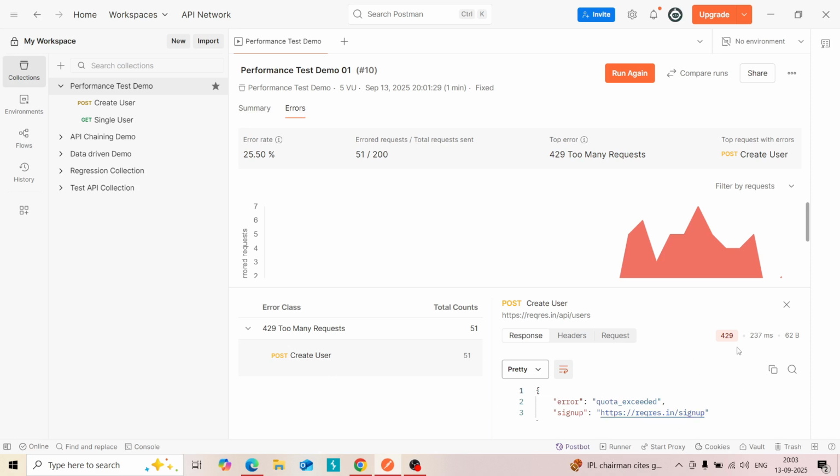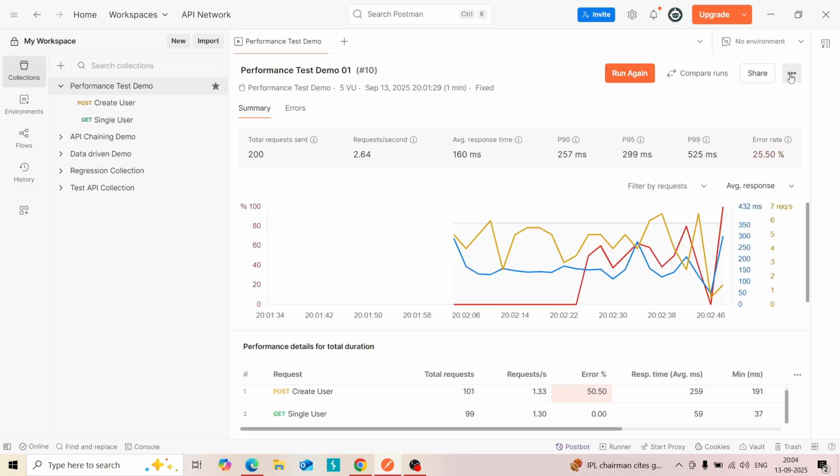That's why this error occurred. In your case, if you're testing your live APIs, you can check the performance of your APIs correctly. Okay, this is a demo API, that's why this error. Okay, and you can download this report by clicking on the three dots above, and you can